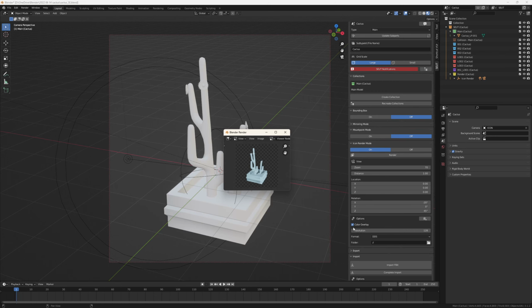Down here in the options for the render, you see color overlay. If you untick this one and do another render, it will make a colorful icon. But right now it is white because we haven't added the textures yet, and even if we had added them, it would look weird. But anyway, if you go here and save this,